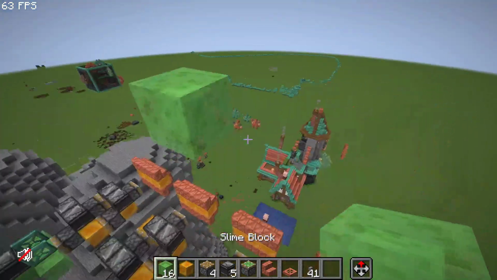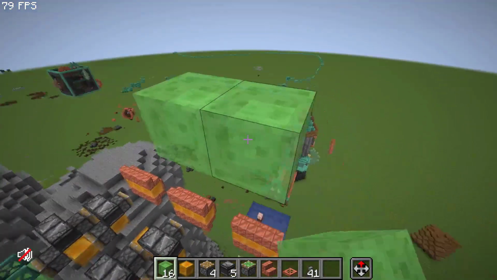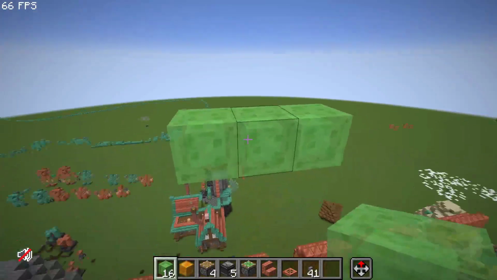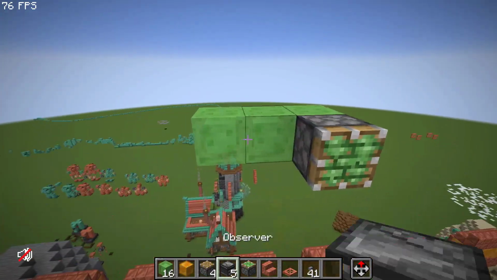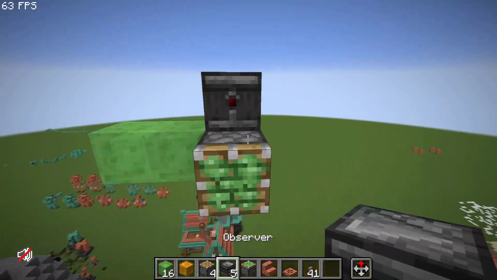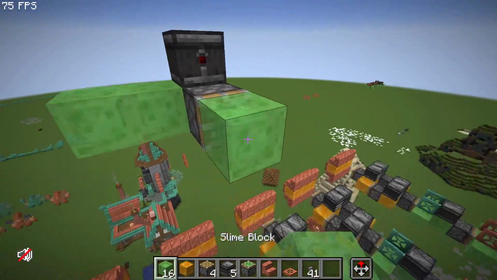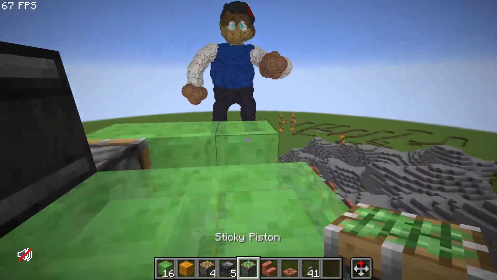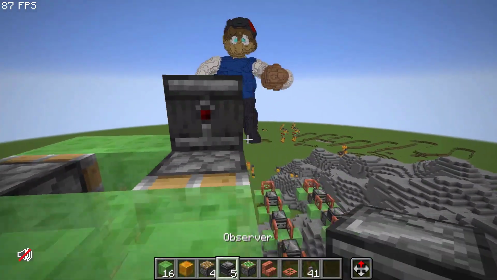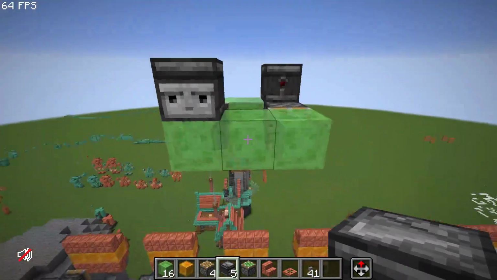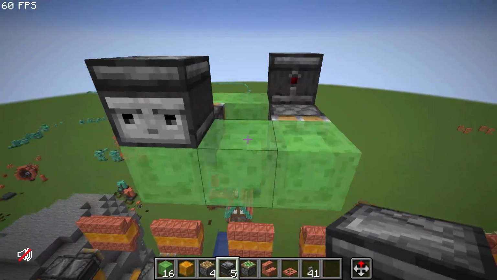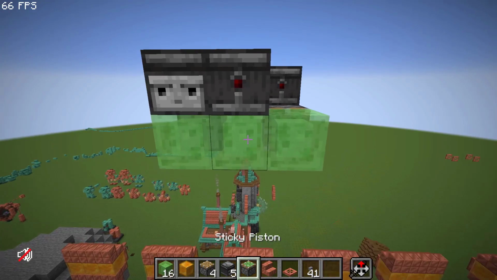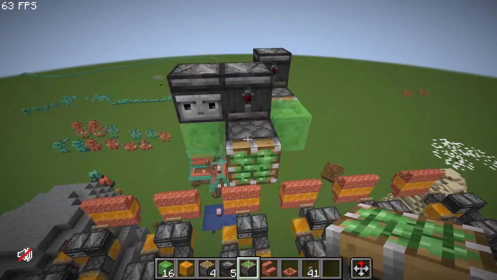So up here, to build the train, you're going to go 3 slime blocks like this, and then a sticky piston here, with an observer right there, and then a sticky piston here and an observer there. And then for all the train cars, because this is just the base flying machine, it'll go sticky piston, observer, like that,